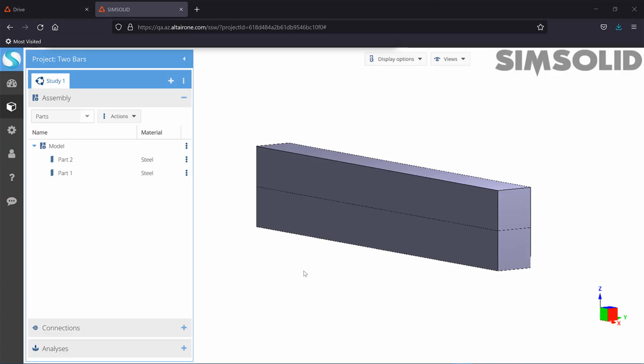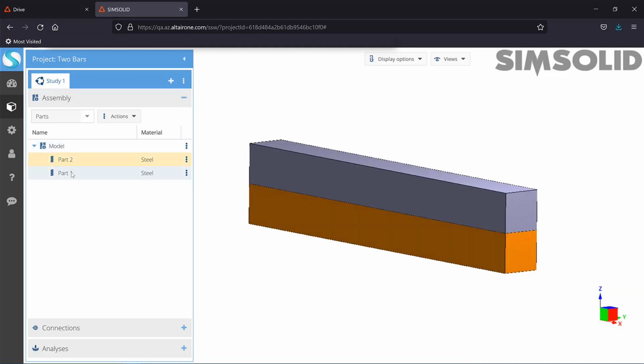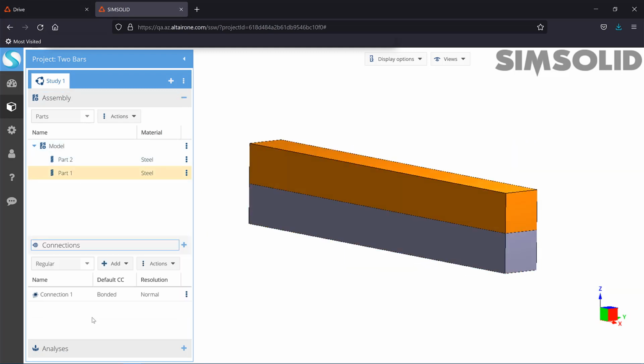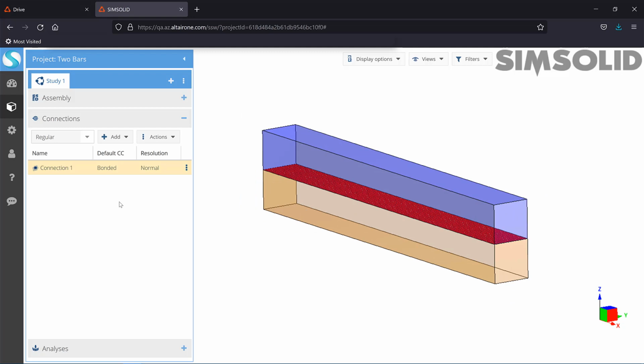Let's use this simple two-bar model to demonstrate separating contact with friction in SimSolid Cloud. Here we just have two simple bars with one interface between them, and we will apply a couple different loads to the top and to the sides and see how the separating contact reacts. In this case, the connection is originally defined as bonded by default, but we'll change that after we create our